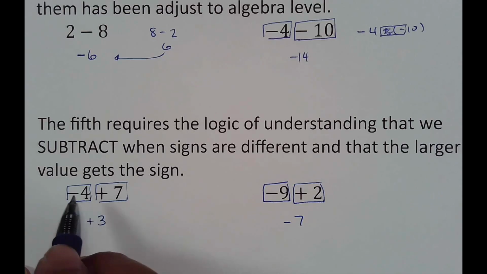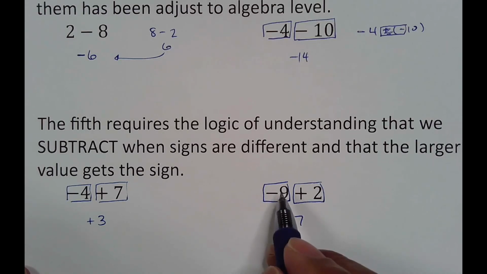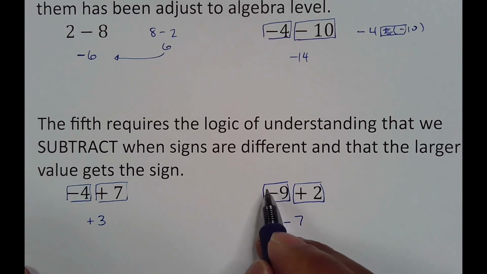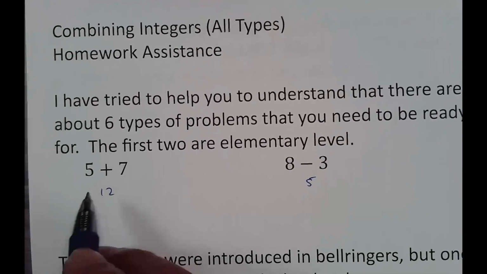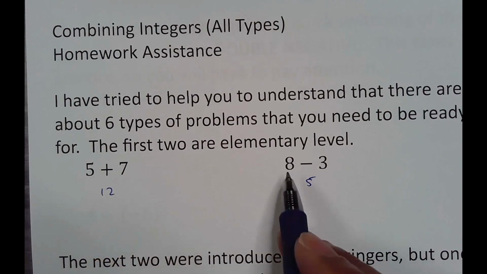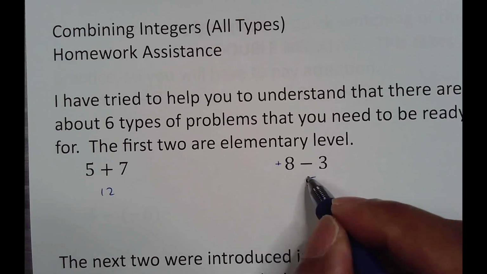So again, because these signs are different, 7 minus 4 is 3. Because 7 is bigger, the sign is positive. Because the signs are different, 9 minus 2 is 7. Because 9 is bigger, the answer is negative. It's kind of like the same thing here. Both of these are positive, so we added. This is a positive 8 and a negative 3, so we subtracted the 5, and 8 is bigger, so it's